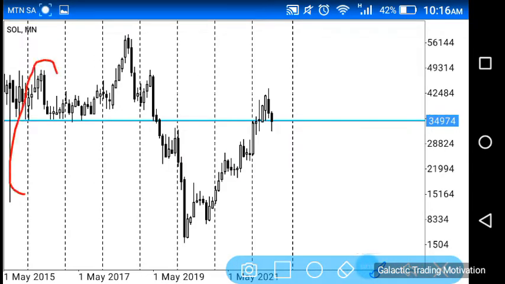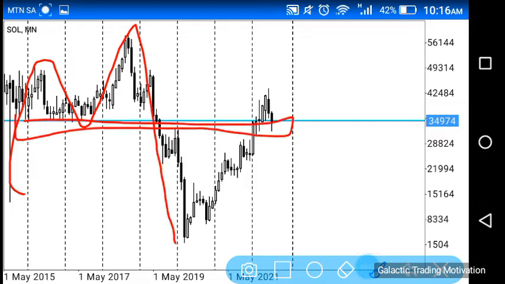we had a very nice M structure in this region, with the neckline being somewhere in this region over here, right? We saw price break the neckline to the bottom and then head up to retest the neckline and then push further down. So we would have looked for selling opportunities at this point, and that is because when it